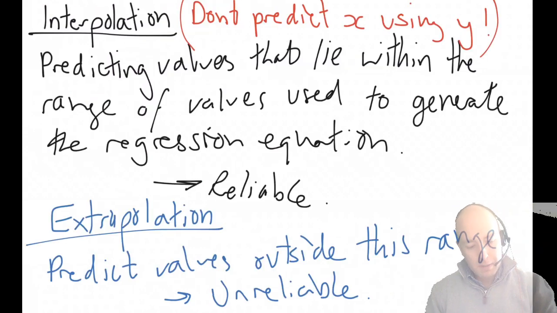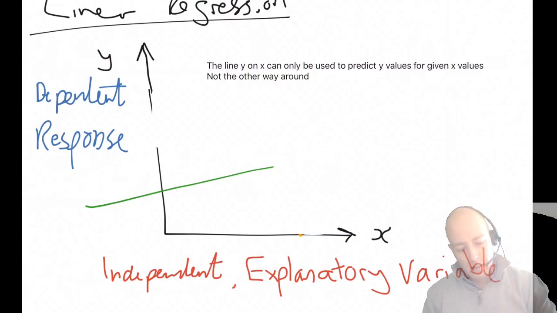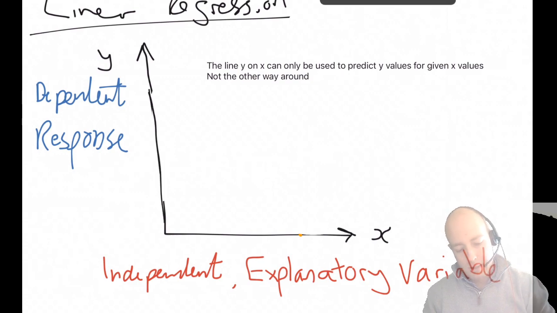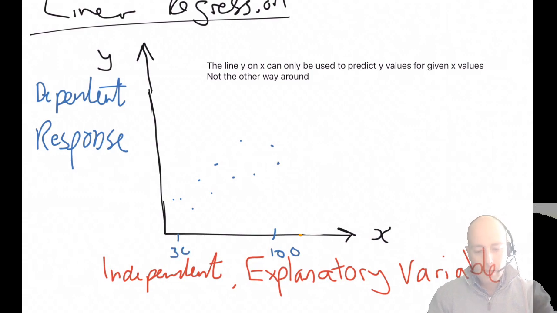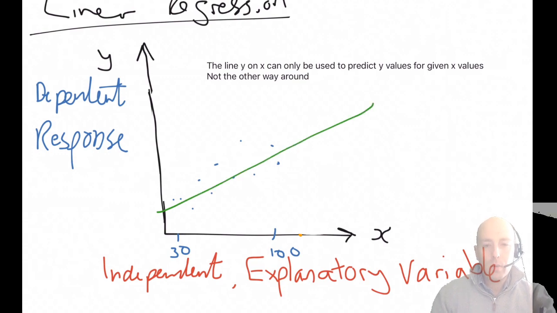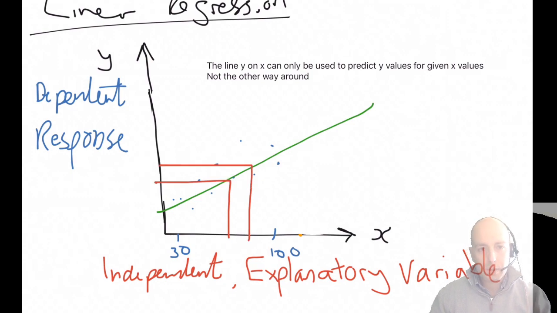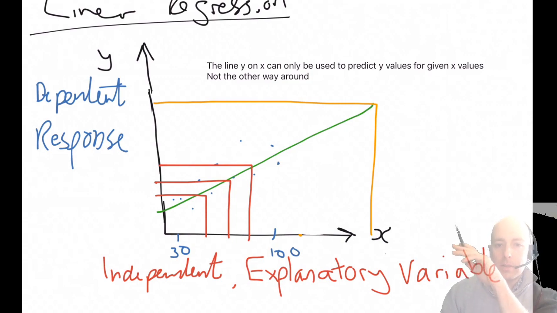You can only predict... Go back to that last picture. And let's just put in some random data. So let's say this goes up to 100, down to 30. And we come up with this line. So the green line was created using the blue data. It would be safe to predict any value inside those data points. But if I tried to predict what was going to go on for x up here, maybe x is 200, I'm guessing that the line is still going to do the same stuff